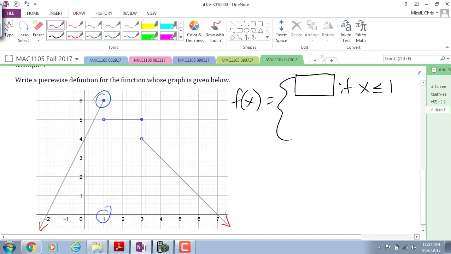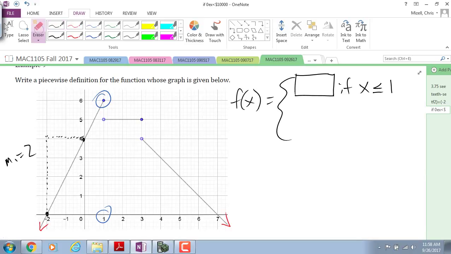If we picked, say, that point, and if we went up 4 and 2 to the right, what would the slope of that piece of a straight line be? 4 over 2, or simply 2. So it looks like the slope of that line, m sub 1 equals 2, and ordinarily I would suggest using the point slope